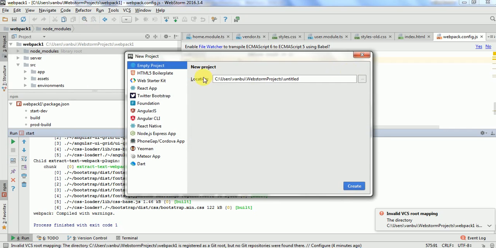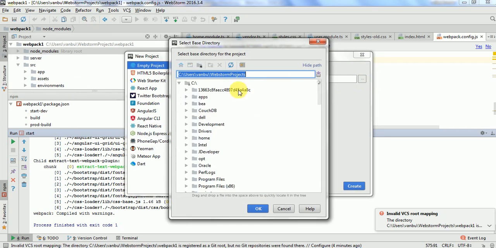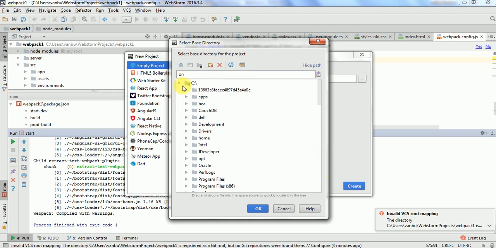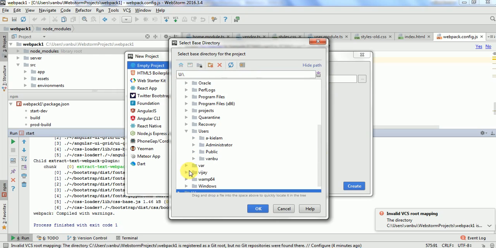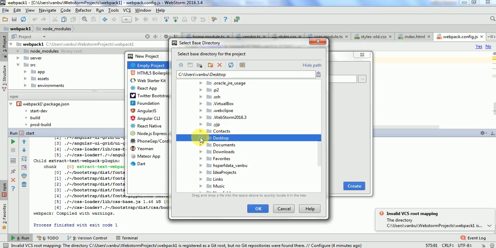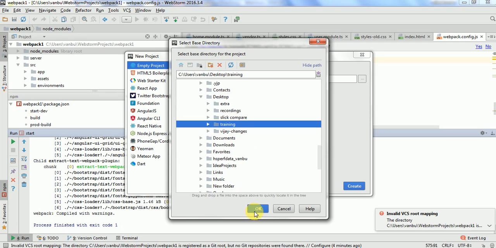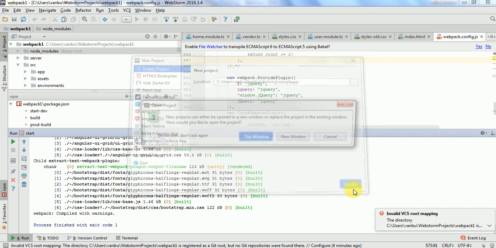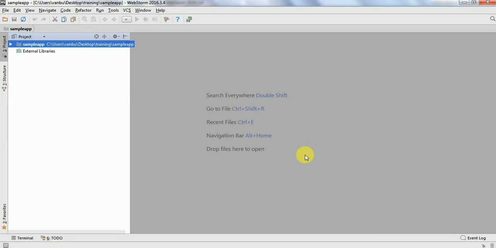I'm going to create a new project. Okay, so I have an empty